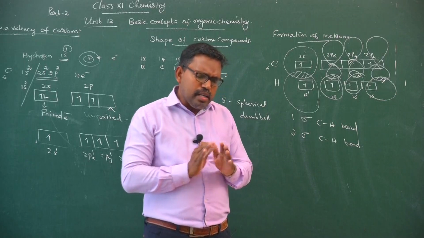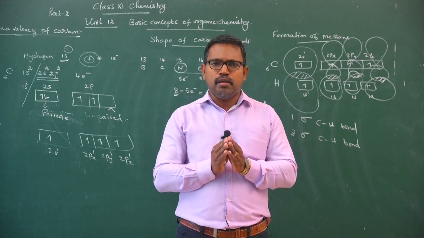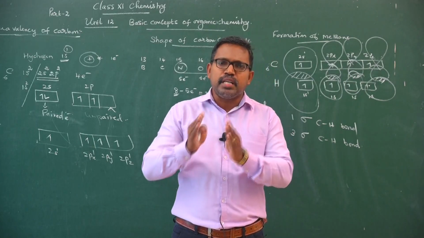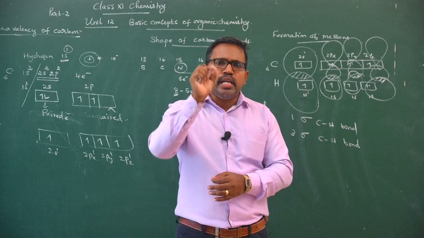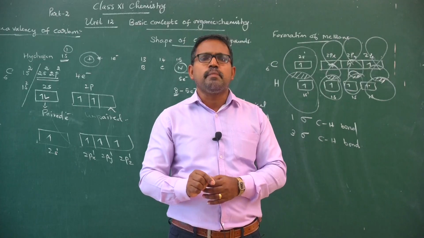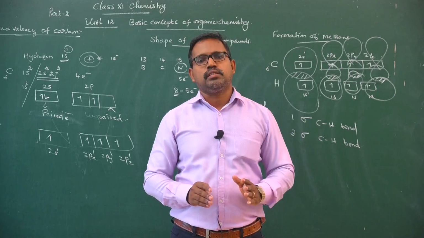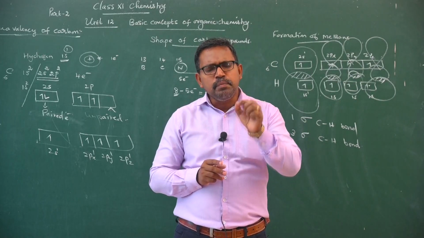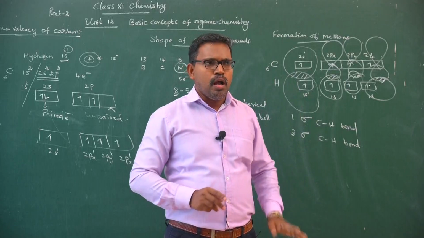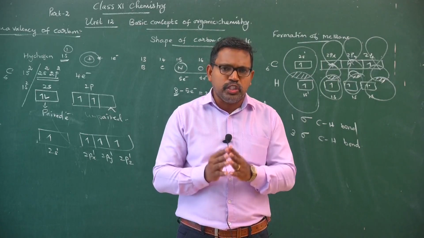Do you know what hybridization is? I simply explain hybridization in 2 lines. Mixing of atomic orbitals with similar energy and similar shape gives new equivalent orbitals with similar energy, similar shape and symmetrical orientation in space, which is called hybridization. Simply remember it like this: mixing of atomic orbitals is called hybridization. How does the mixing occur? Mixing occurs with the help of energy variation.